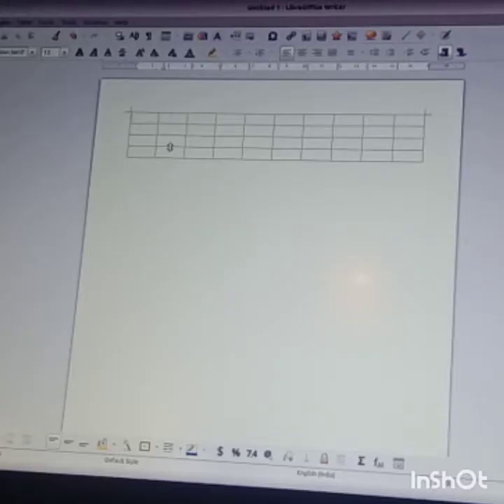Okay children, in this class we will be doing up to page number 52. I will show all of this on the computer, so please watch. This much only. And the second part that you have to do is modify the table. Page number 49. How to modify a table, children?